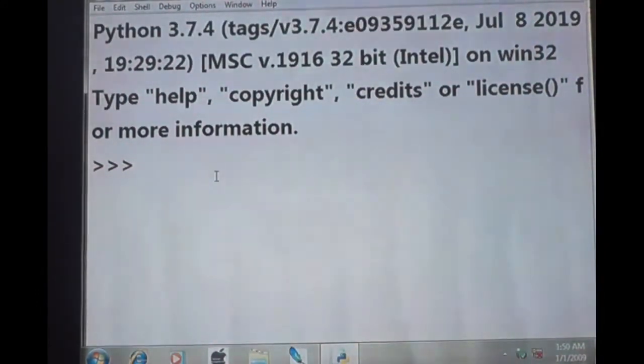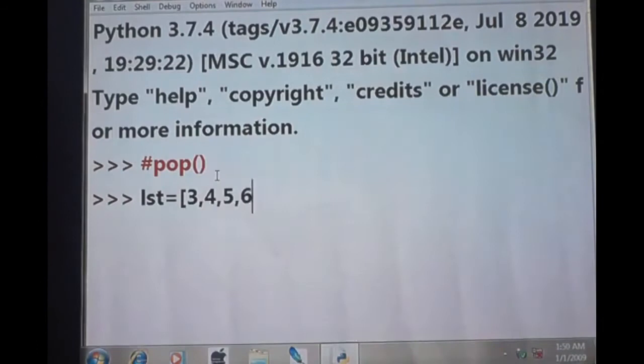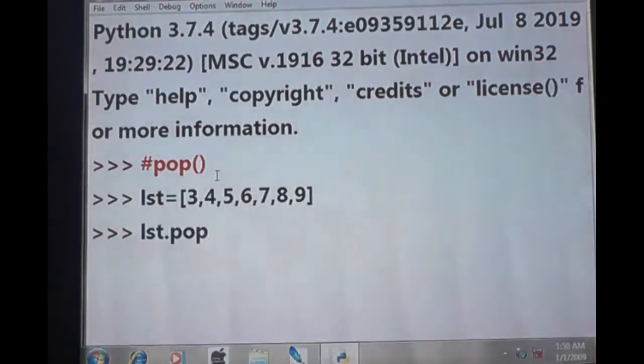Now I will ask you one more question. We are going to see the pop function only. Okay, fine. So LST is equal to 3, 4, 5, 6, 7, 8, 9. Now LST dot pop function, here I am giving 2.